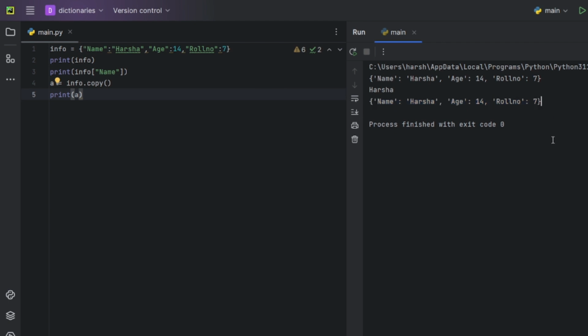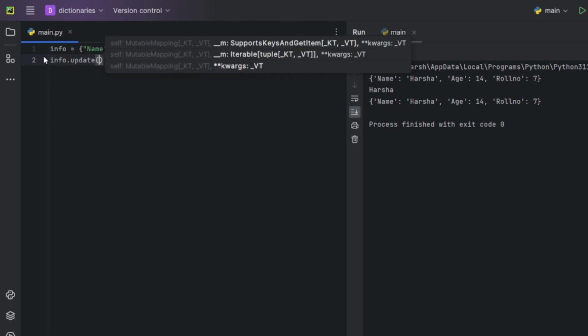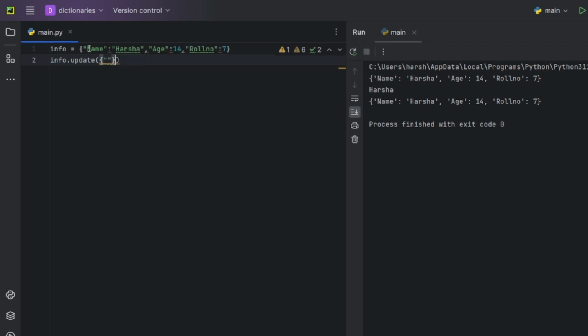You can also update the values in a dictionary. Say you want to add a key called language with the value of Python, you can do that by using update. So here we'll be doing info.update. In the parentheses you will be putting curly brackets again, and now you will be mentioning what is to be added. In this case it's language and colon value. In this case it's Python. And now if you